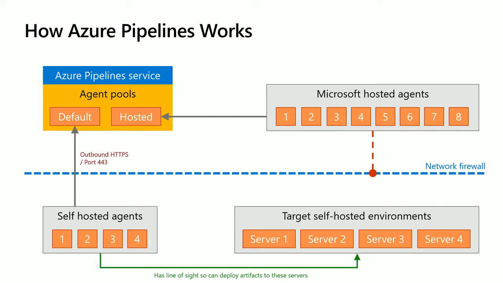So what you want to do is install an agent locally inside your network, and that then can talk to Azure Pipelines over HTTPS. It's just an SSL connection. And then it can talk to your on-prem machines. So you can talk to your on-premises or self-hosted Kubernetes instances or virtual machine scale sets or virtual machines, whatever you want to talk to, or even real hardware occasionally. So yeah, it still exists, and that's how you do that. You've got to remember that the network firewall's in the way. So that's why you need those self-hosted agents.